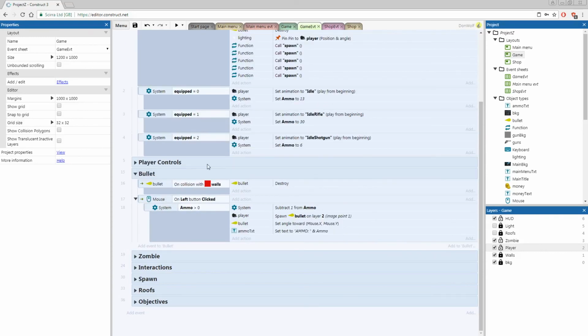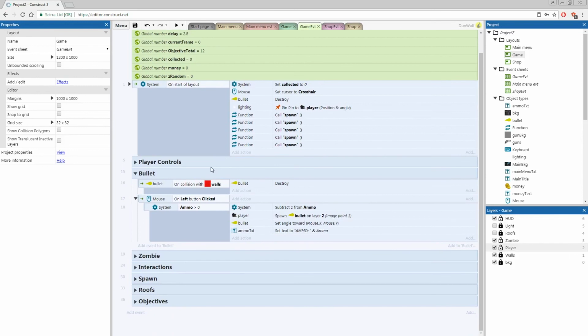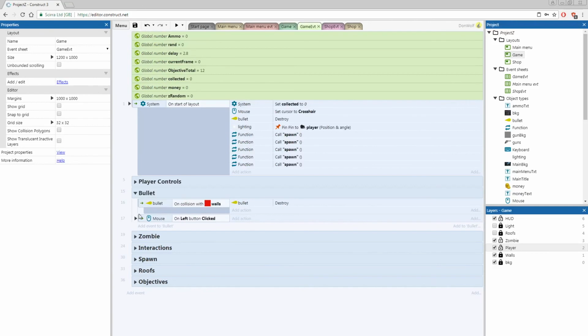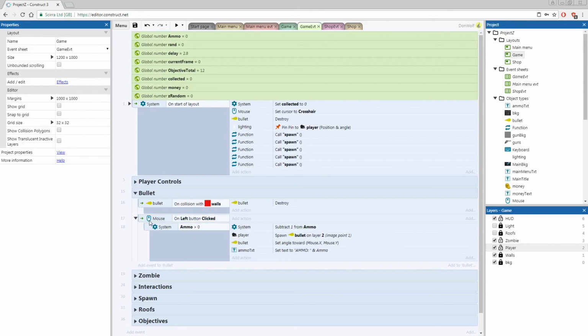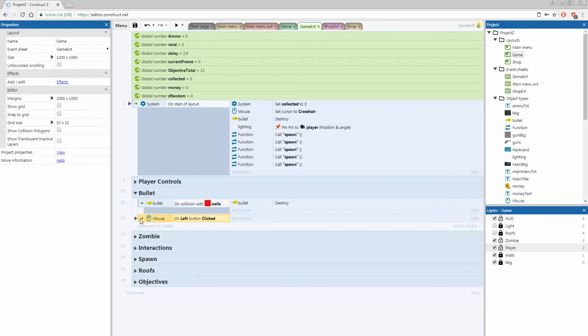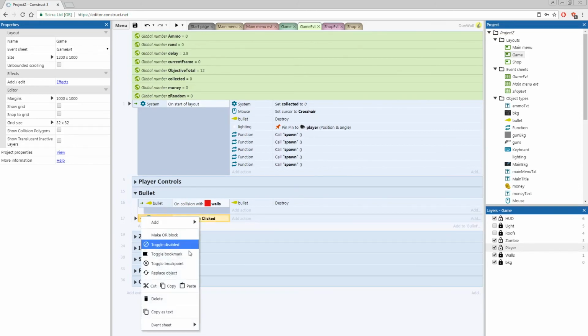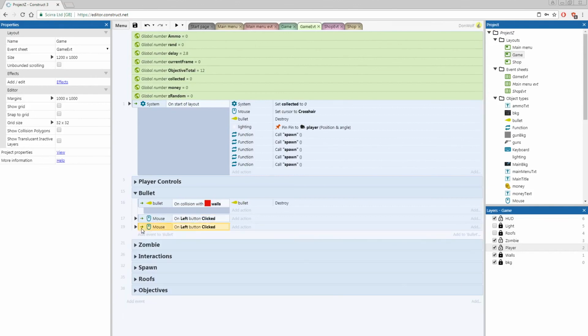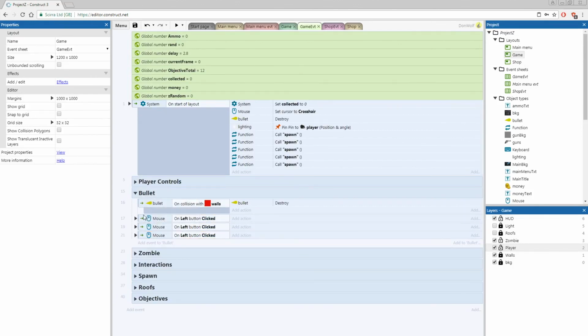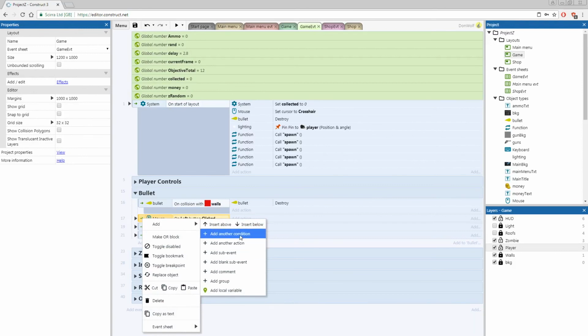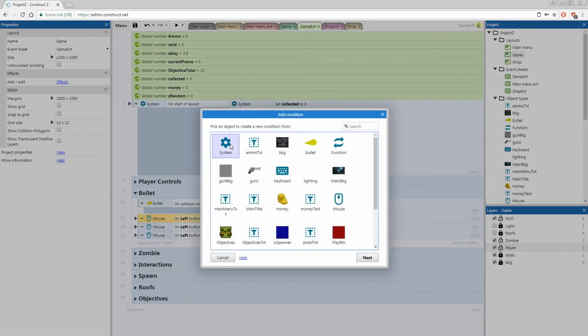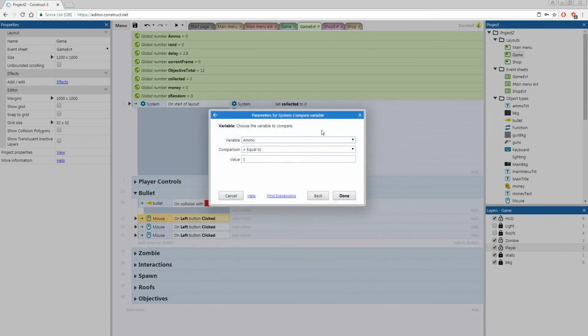So we're going to scroll down to bullet. Now for this one, we are going to right click on our mouse left button clicked section, and we're going to copy it. And then we're going to paste it 2 times, 1 for each gun. Then we're going to add a condition on each of them. So I want you to right click on our green tabs and add another condition, system, compare variable, and we're going to